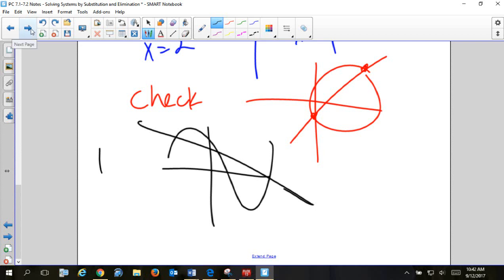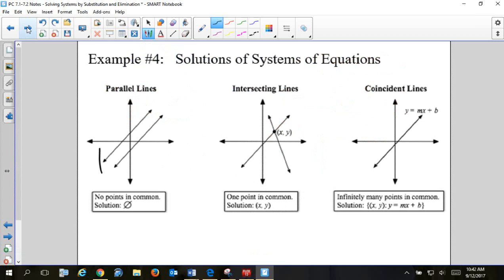All right, we're going to do one more thing and then we'll be done. The last thing is just talking about the different kinds of solutions. And again, this is a repeat from previous courses. If you graph